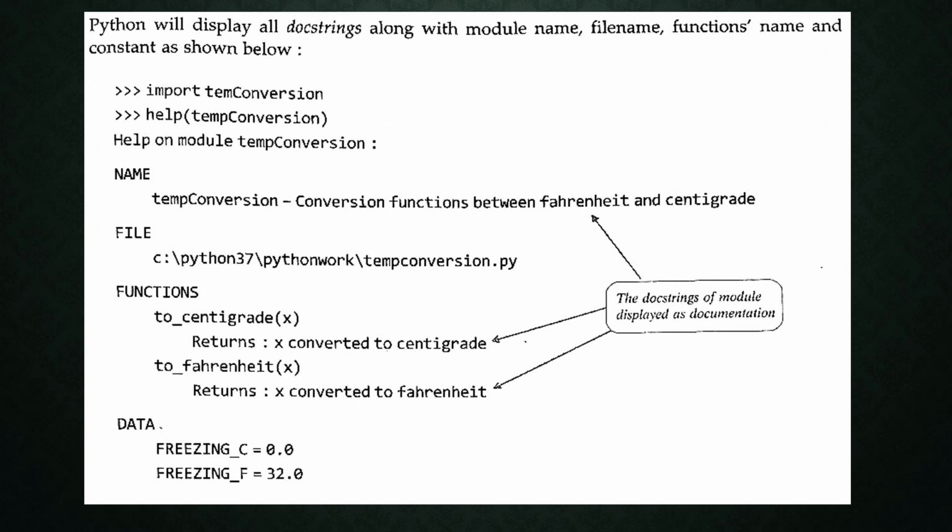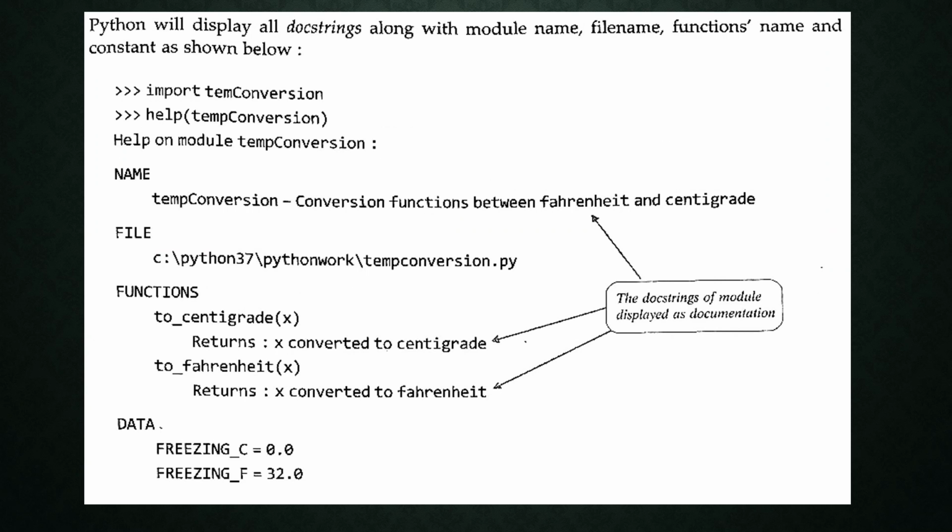Next it displays the functions: to centigrade, returns x converted to centigrade, which is the documentation written inside the pair of triple quotes. And under the to Fahrenheit function, returns x converted to Fahrenheit.